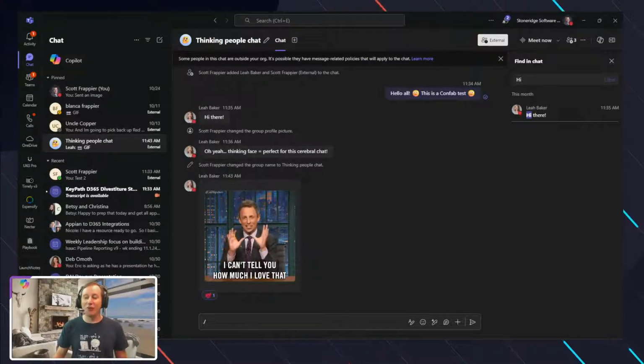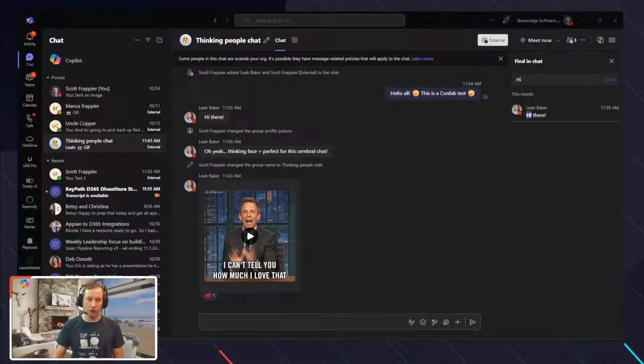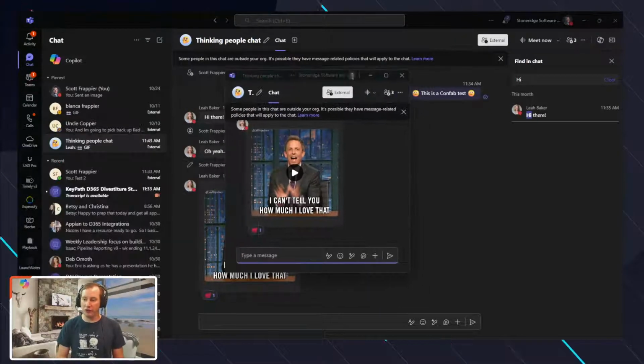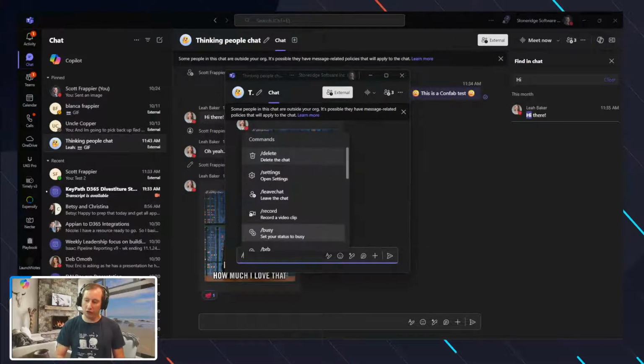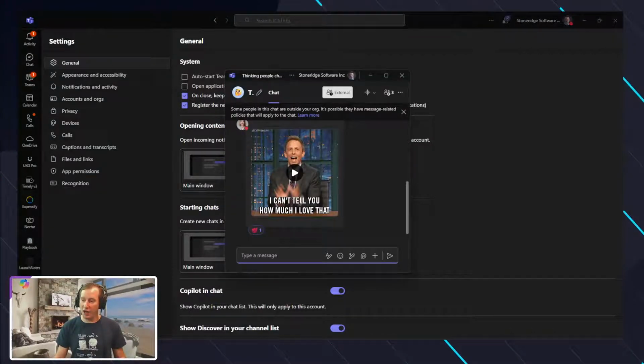So yeah, but the / here, if you see inside of my chat, allows me to, for example, open this chat in a window. So I just did that, and then boom, I've got the chat now open inside of a window inside of here. I can set, for example, my settings for this chat. So if I go ahead and do that, we're going to see it opens up the settings that are related then to really the settings of the application, right?